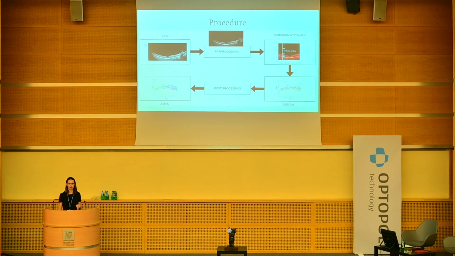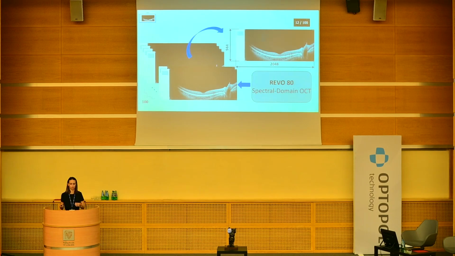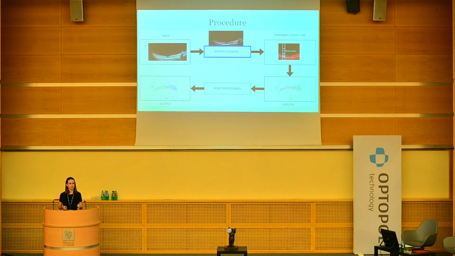And to begin with, let's move to the first one. Its idea is simple. 100 unaveraged OCT retinal B scans are required from an OCT instrument such as Revo 80. Then, a single non-averaged retinal B scan is chosen out of the group thus created. And with this information, while taking into account the second step of the procedure, that is the preliminary pre-processing stage,